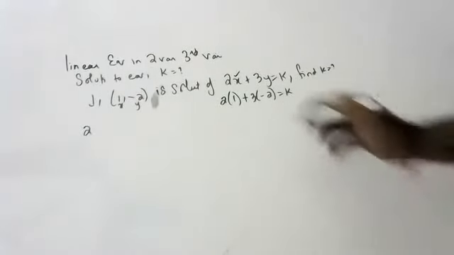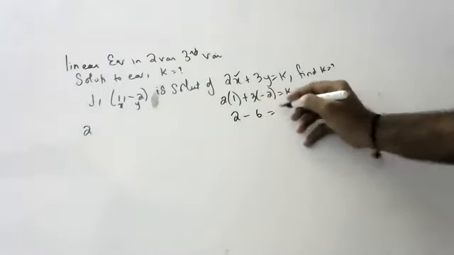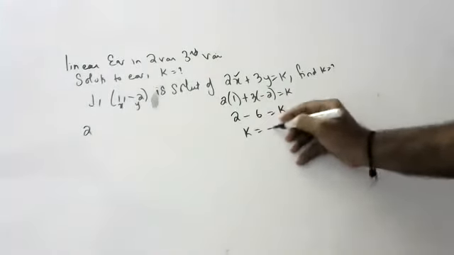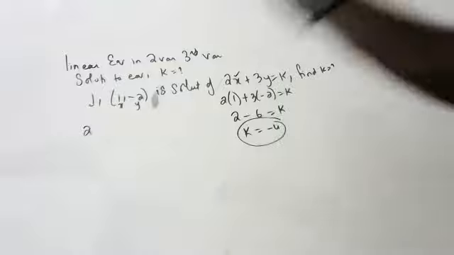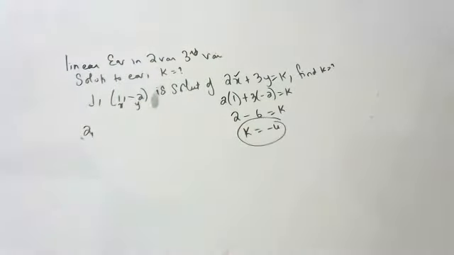That's all. So 2 minus 6 is equal to k, and k is equal to minus 4. This is the answer. You also need to understand the sum. Second sum you check, children. I have given the second sum. From the third sum onwards, I will be asking you, and you should say.